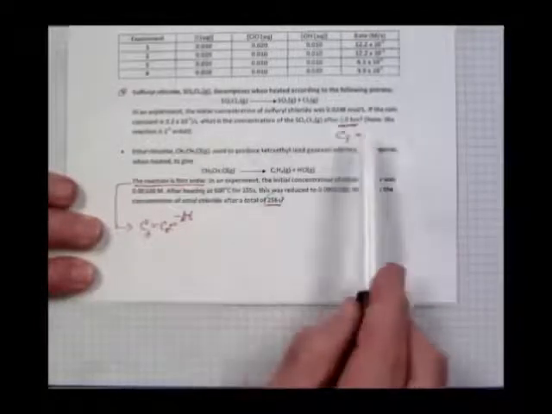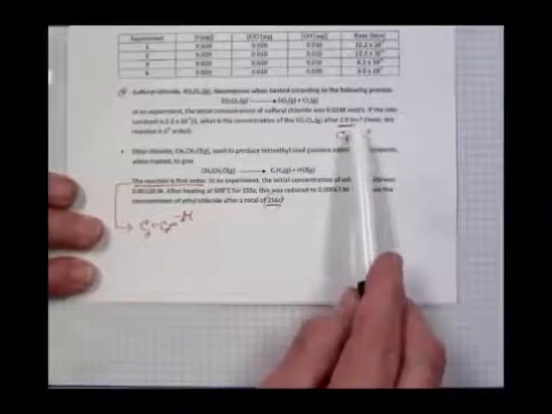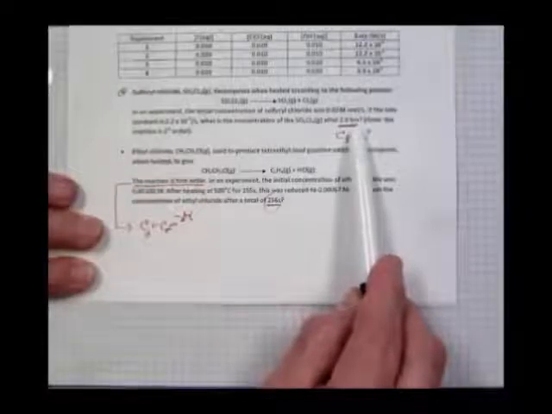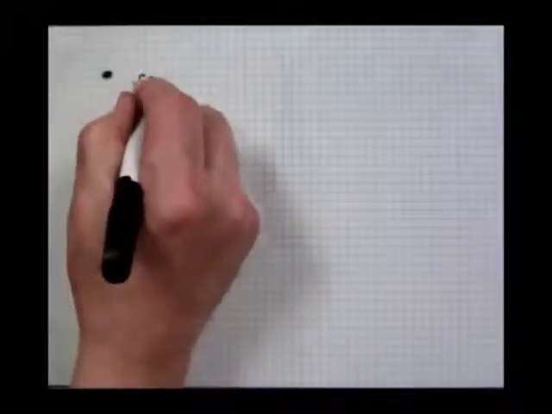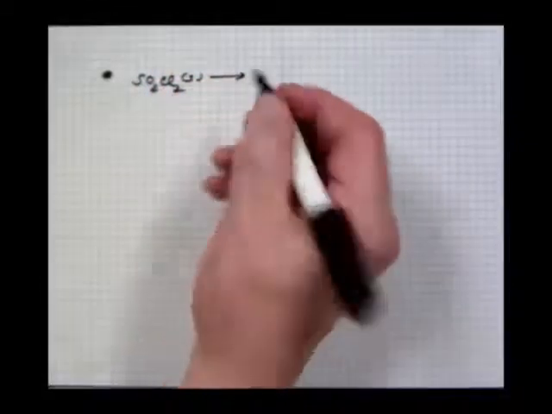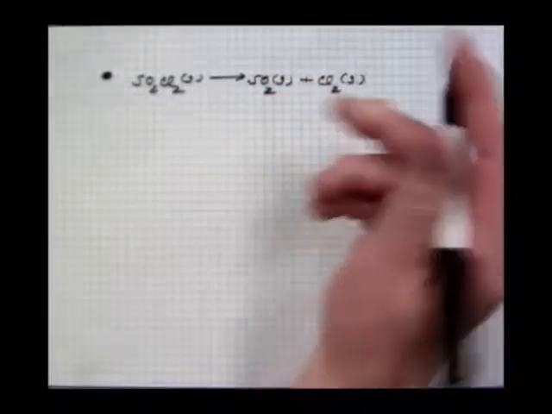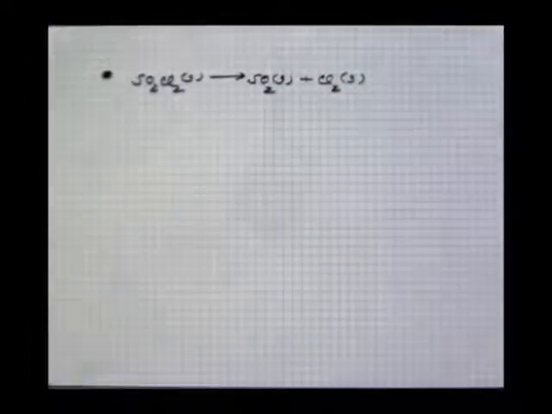One's in hours and one's in seconds. You have to convert seconds to hours or hours to seconds. It's much easier, in my opinion, to convert the hours to seconds. So, for this problem, we're given SO2Cl2 as a gas goes to SO2 as a gas plus Cl2 as a gas,